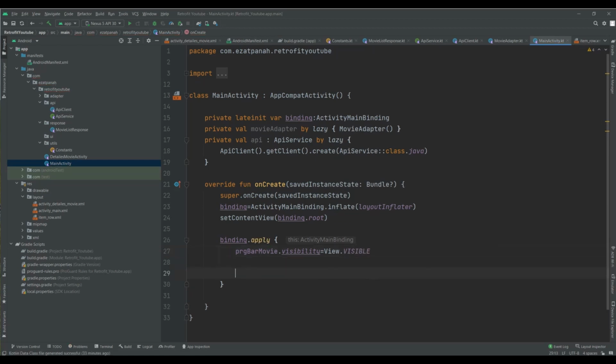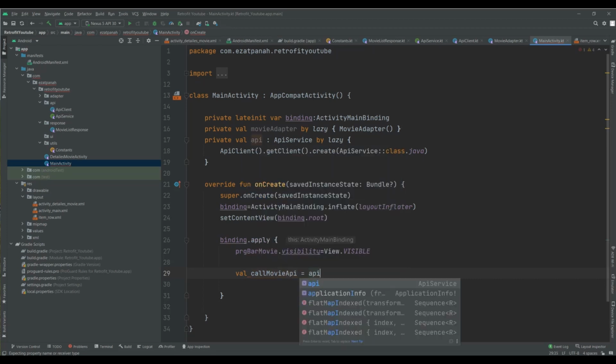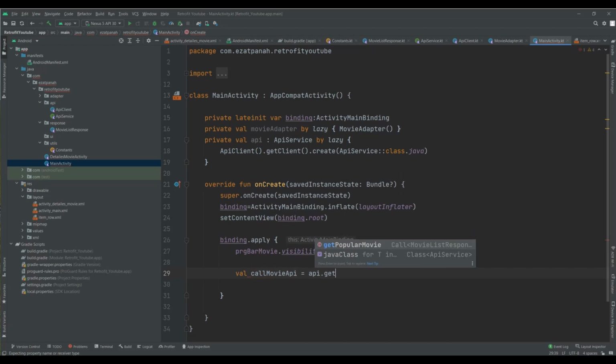Okay, and here call movie API. Okay, here API dot get popular movie, and here I should pass a page. So here I should pass 1